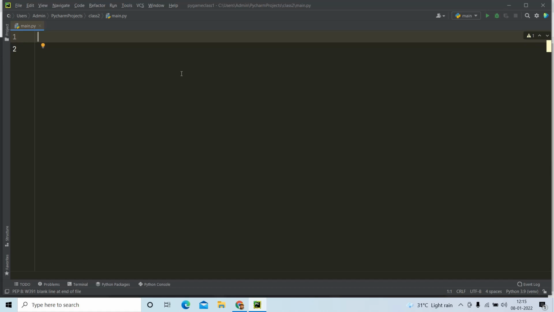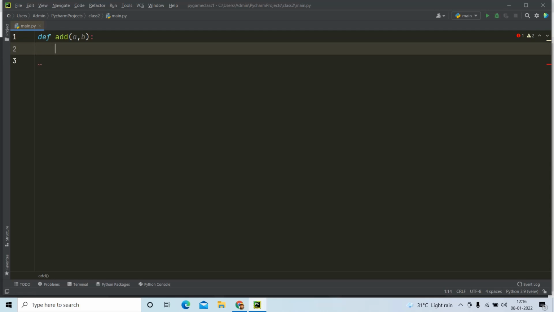To define a function, we need to start with the keyword def. def is for the definition of the function. Now we can write a program to define a function for addition of two numbers. So def add is my function name. It follows all the rules necessary for a variable name. So add is a function which I am defining, and to add two numbers I need two numbers, right? So those two numbers I am going to get as arguments. So a comma b will be my two numbers. Put a colon and press enter.